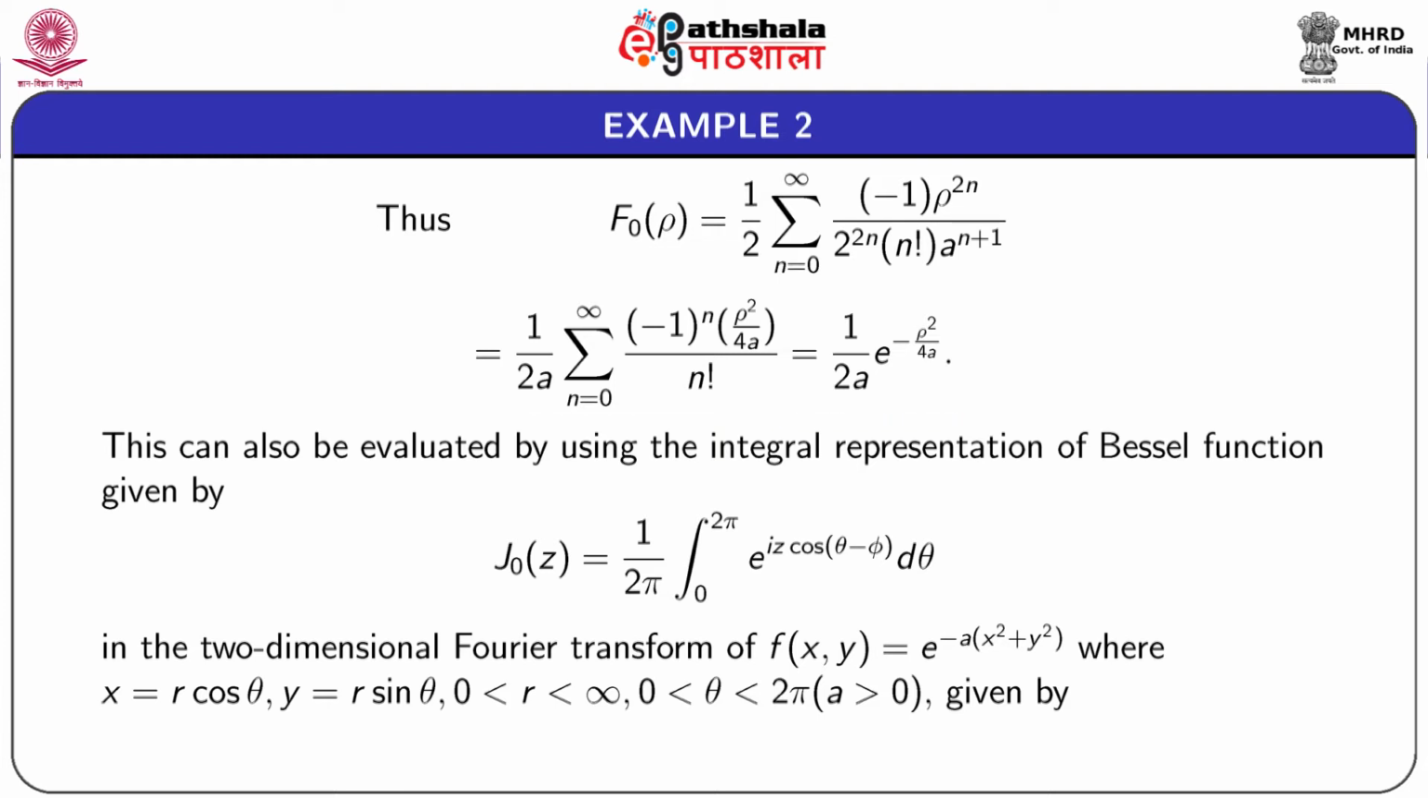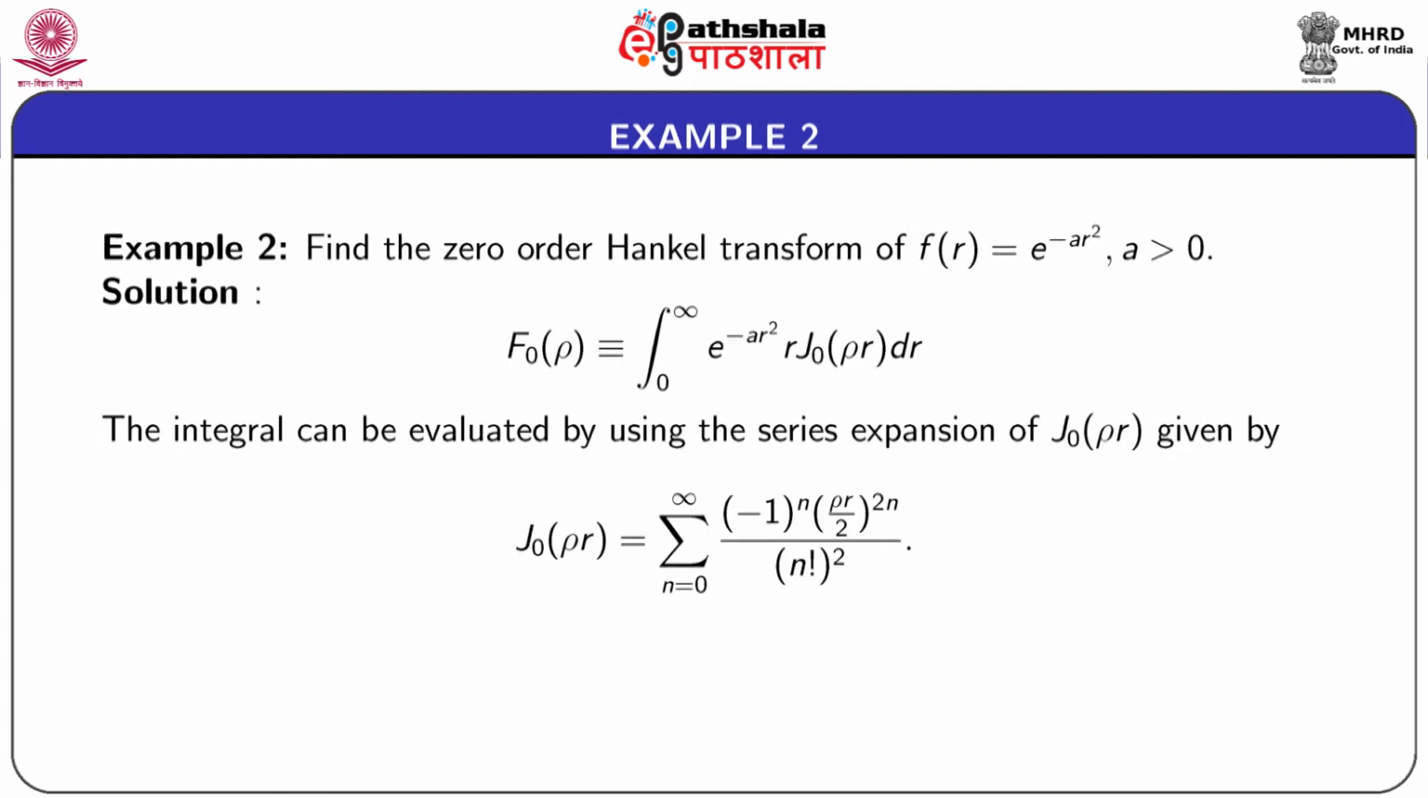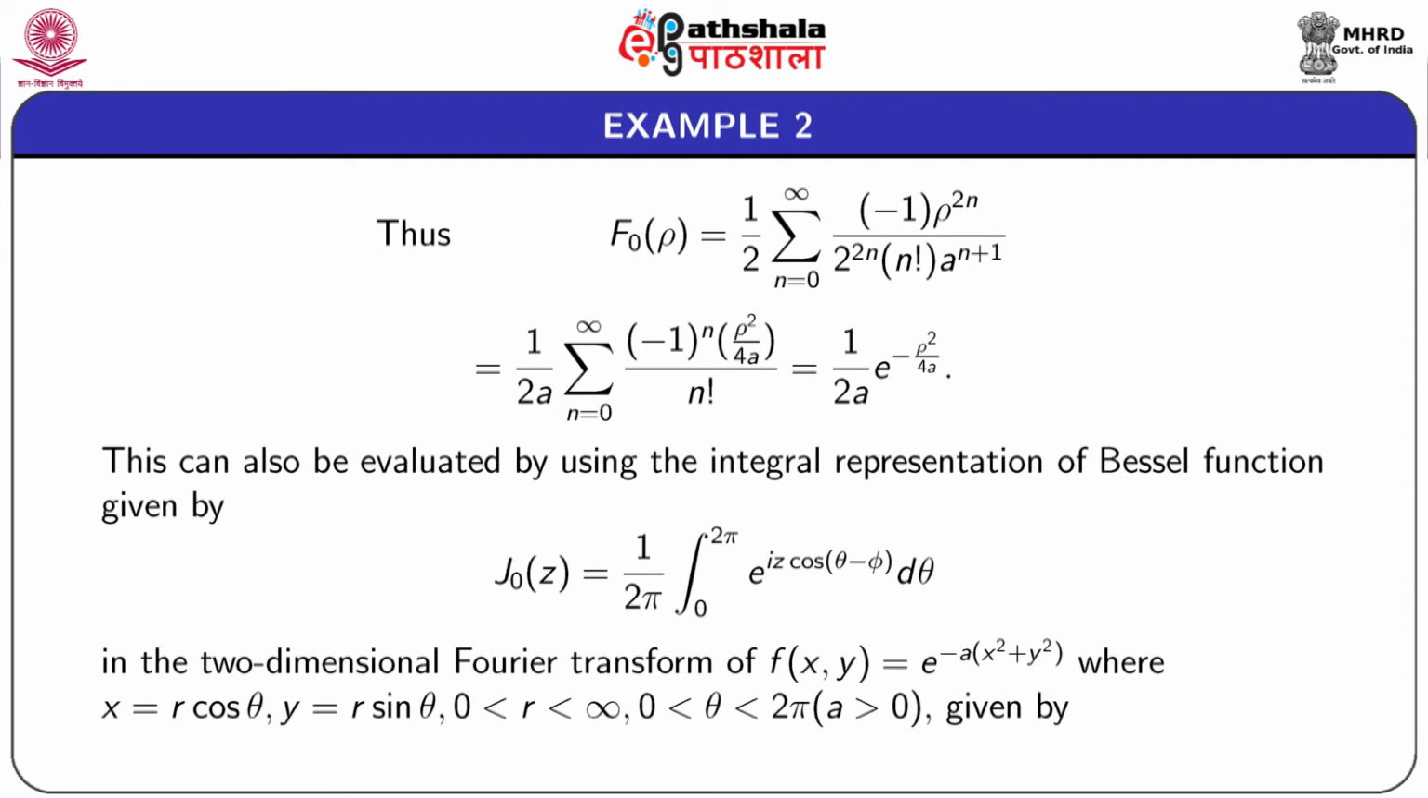So, we have obtained the Hankel transform of the function f(r) equal to e to the power minus a r square. This can also be evaluated by using the integral representation of Bessel function given by J0(z) equal to 1 by 2 pi integral 0 to 2 pi e to the power i z cos(theta minus phi) d theta in